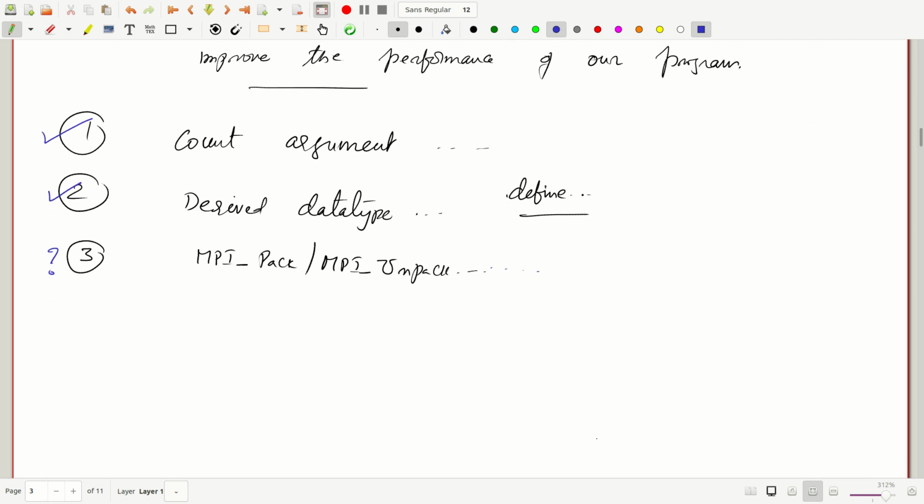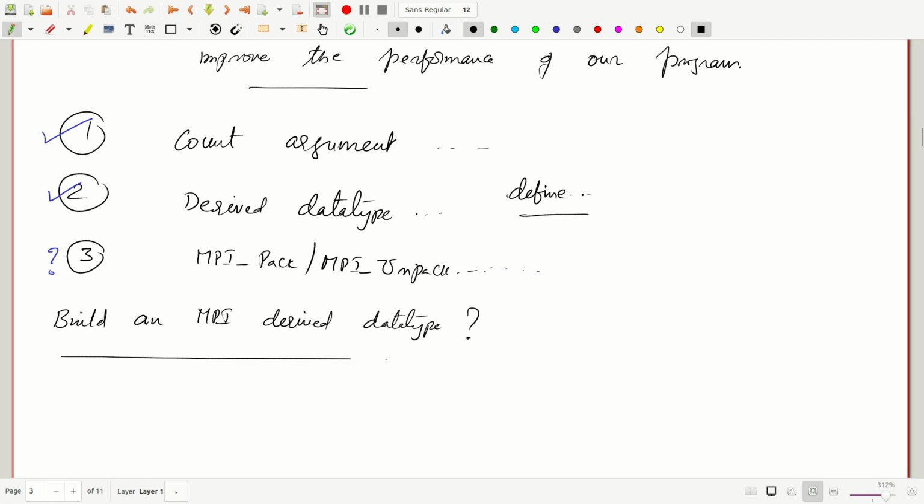So we will concentrate on the derived data types. How do we build an MPI derived data type and use it is the question. Building an MPI derived data type: in MPI, a derived data type is basically a collection of data items in the memory,